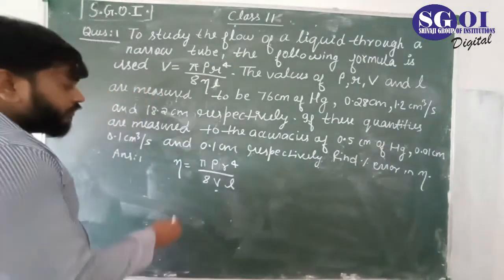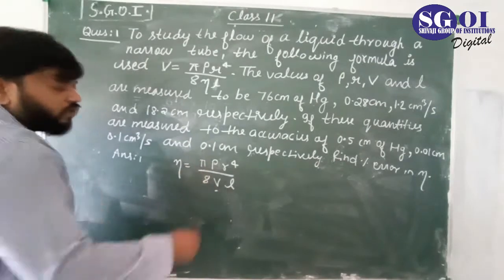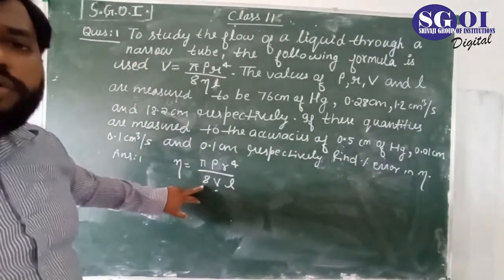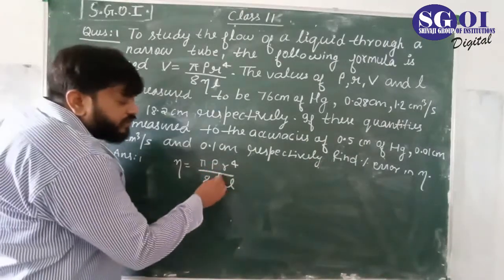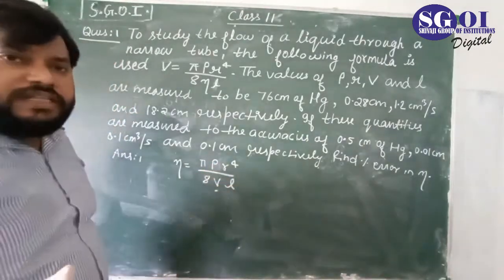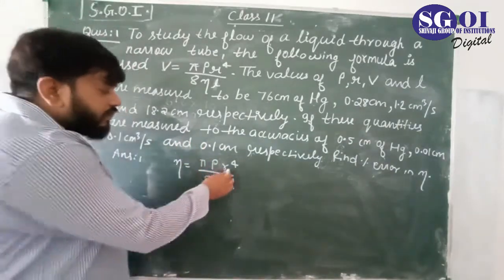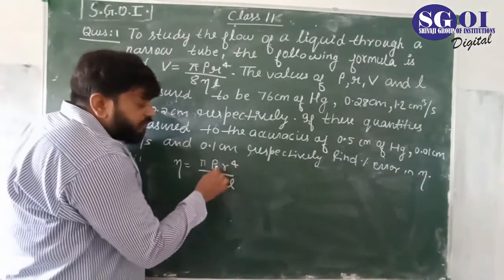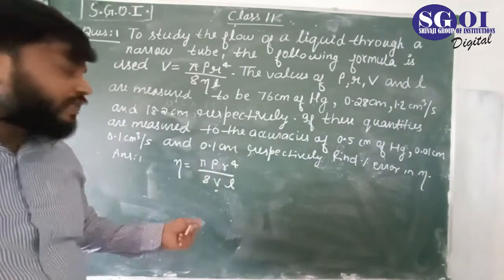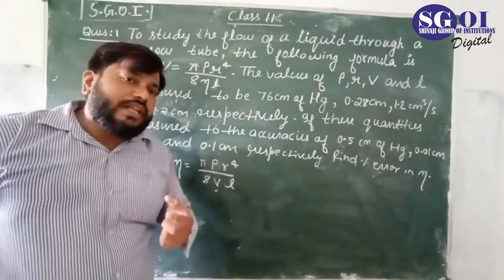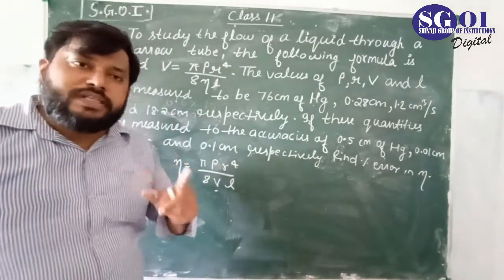Now we have to find the percentage error in eta. Pi is a constant value, 8 is constant. There is no error in these terms, so we would neglect these two terms. We would just write the remaining terms, and this is from the combination of errors chapter, where we have seen this type of situation. This is division, this is multiplication, and there is power. So division, multiplication and power are in terms of which error? It is not in terms of mean absolute error, it is in terms of either relative error or percentage error.